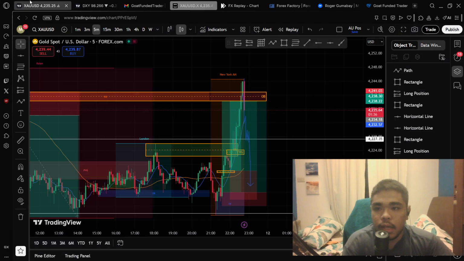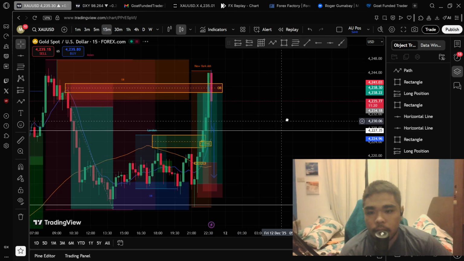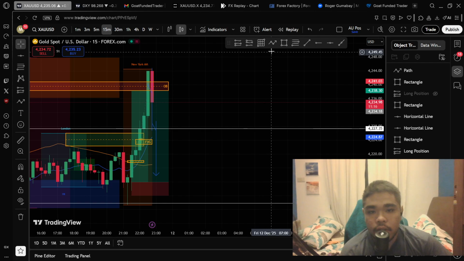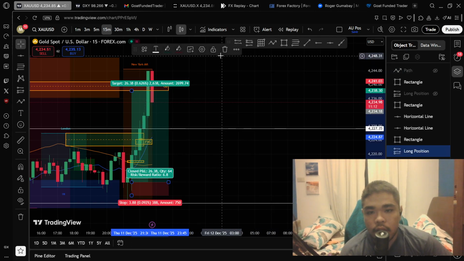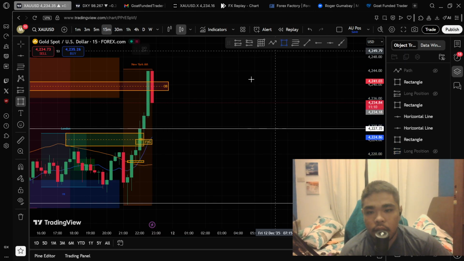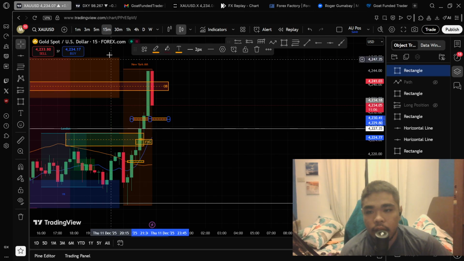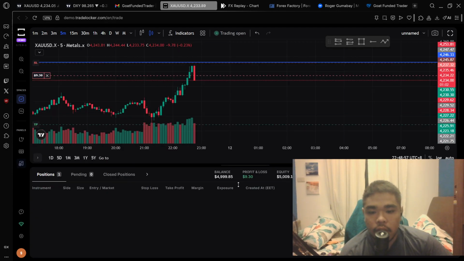We could see, to be honest, partials around this level. We could remove this first, hide this first, and hide this first. Let's hide these, and we could have a reaction off of this level on which we could take partials. So this trade is currently